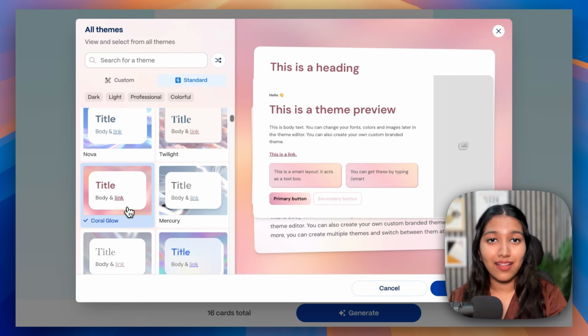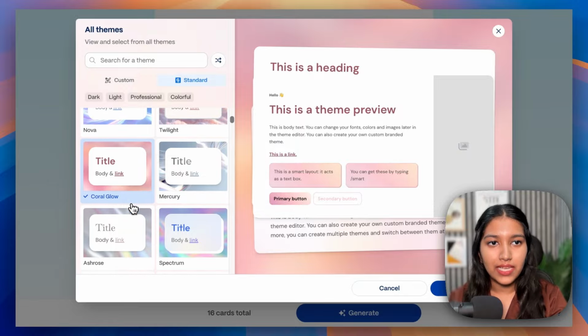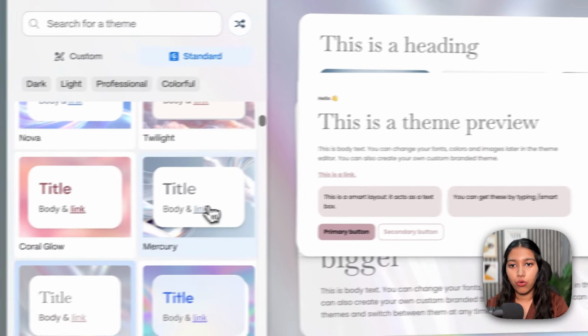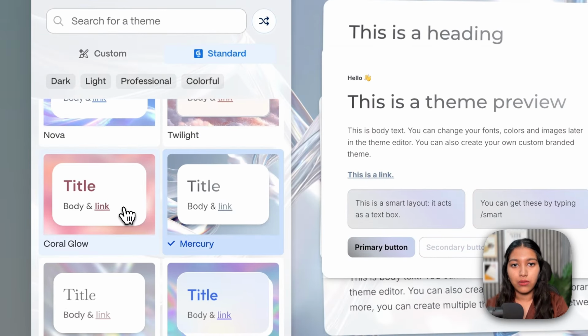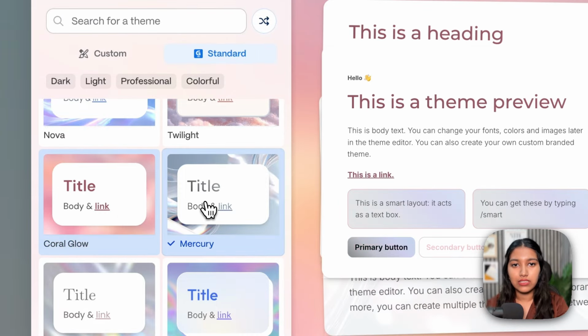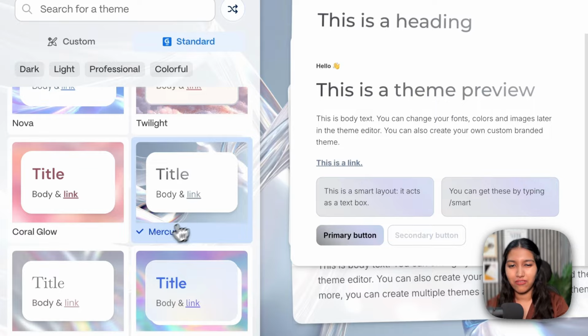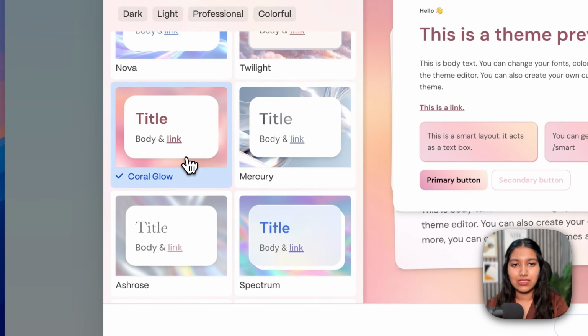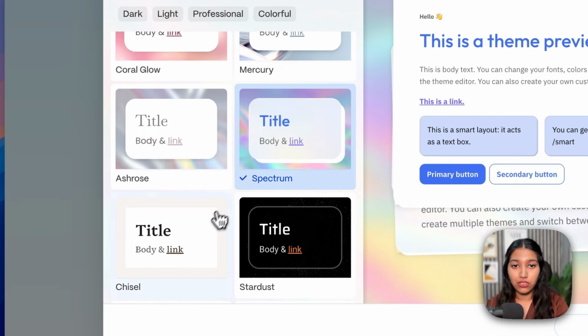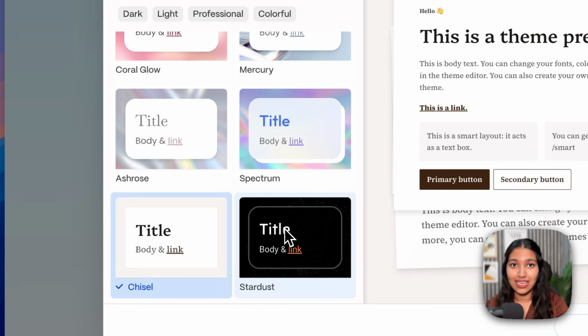Now, one thing I would like to mention here based on my experience is that when you're checking out the themes, please don't just look at the colors, also look at the font, okay? All of these themes have their own fonts, and once you choose that, you're going to have to stick to that font. For example, this one has more of a robotic font. This is much more, I can say, smooth. So do have a look at the fonts as well.